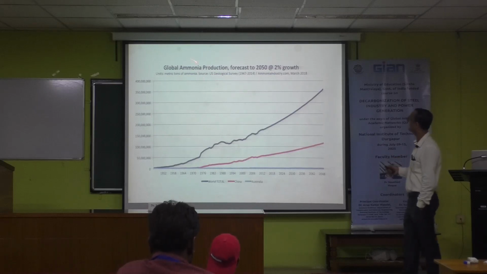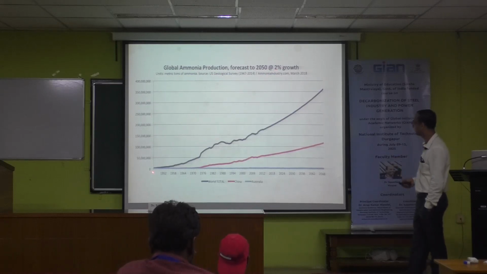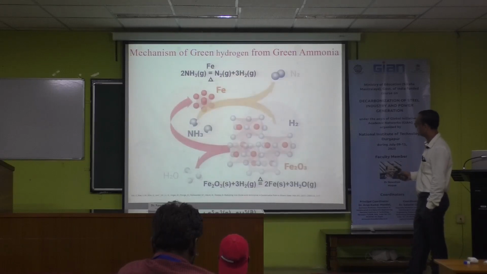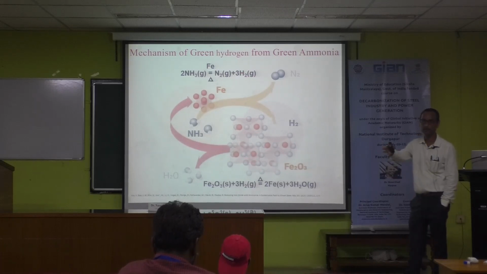This is the global ammonia production forecast. So you can see the world total is 2048. How this ammonia production will increase. This is how this reaction generates ammonia. When it comes into contact with the freshly reduced iron, it will generate nitrogen gas and hydrogen. Then this hydrogen actually reacts with the Fe2O3, and if you produce freshly reduced iron, again ammonia will be cut